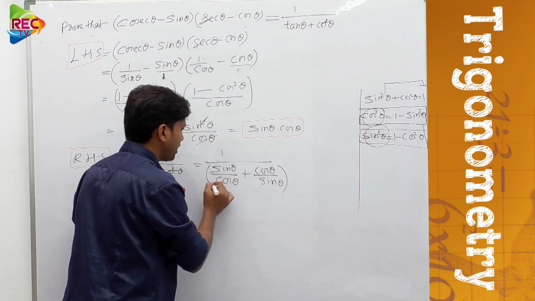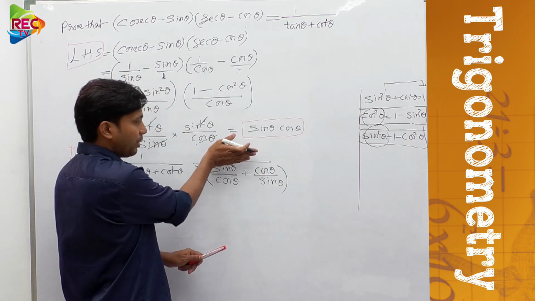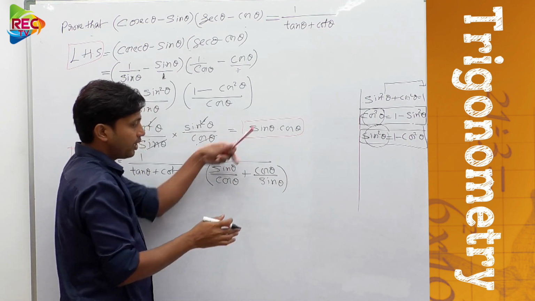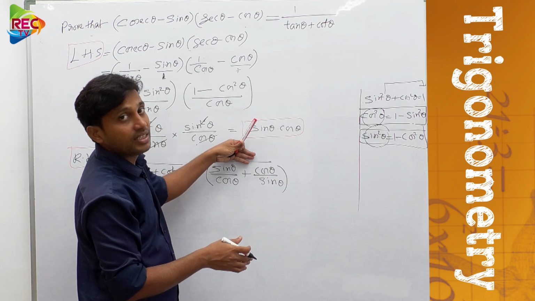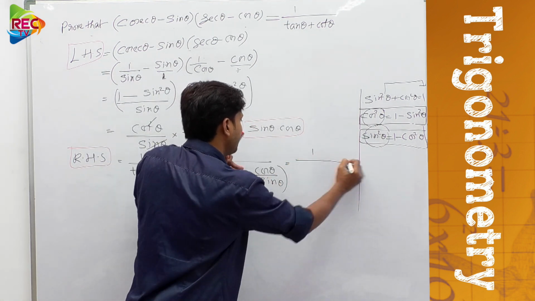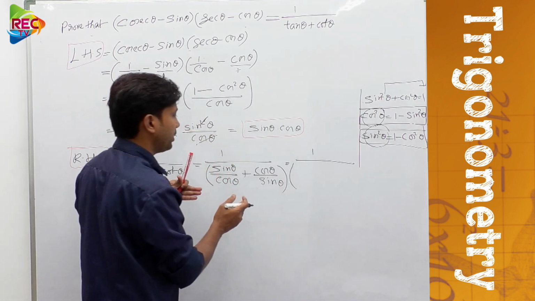Now this is the denominator part. First simplify the denominator. How do you simplify? Just forget about the 1 in the numerator part. Just imagine this is only the denominator part. How do you solve it? Yes, initially you need to take the LCM for this denominator part. So write this 1 as it is, and whatever operation you are going to do, you have to do only in the denominator part, right?